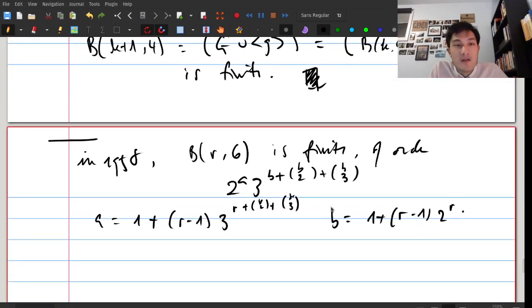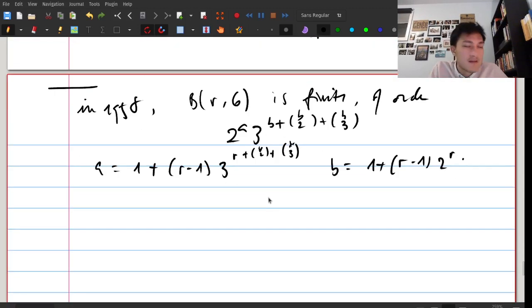And I said people showed this. Who showed this? Well, it seems like some other people did it for the restricted Burnside problem. They showed that this is the size of the group corresponding to the restricted Burnside problem, but the person who showed that it's actually of this order for BR6 is Marshall Hall Jr., the guy who wrote the book that I have. He did that in 1958. He was so proud of it that he put it in his book, which I think came out in 1959. So it was on his mind. He was super excited about it. Okay, so this is Marshall Hall Jr.